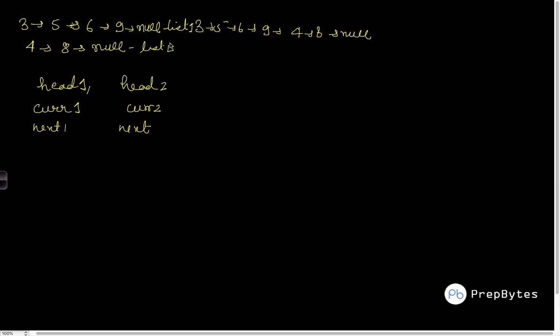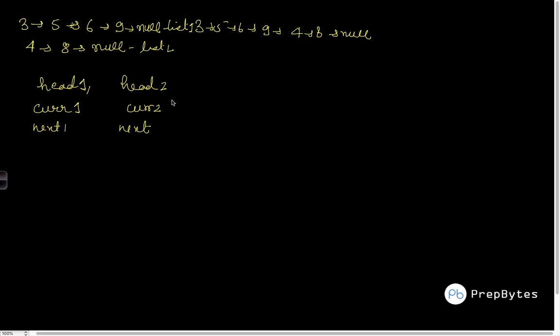So there we will do this comparison, and then we will call another function, let's say a merge function. In that we will pass list 1 and list 2, and whichever has the smaller first element will be list 1 and the other one will be list 2. So here let's say I have already done that. Now I'm just bothering about the insertion. So this is head 1, head 2. Head 1, head 2 obviously are the head pointers to the first node of both the lists.